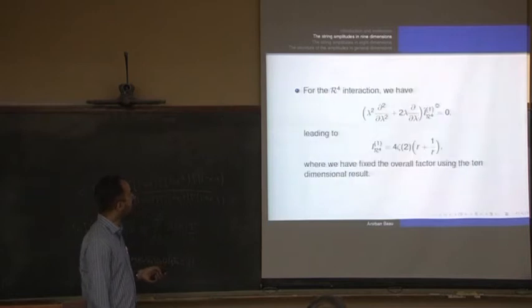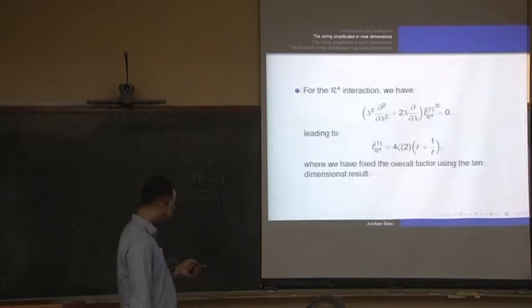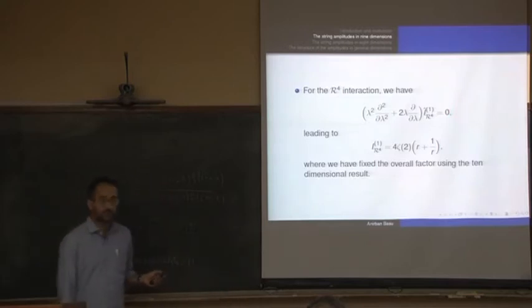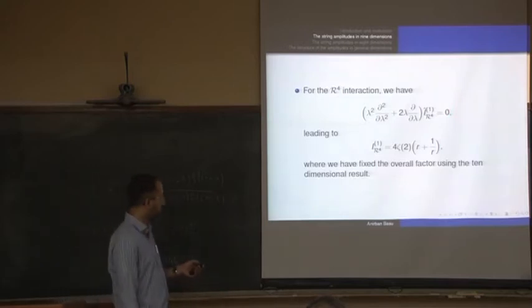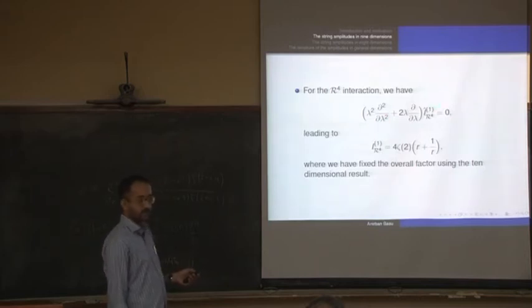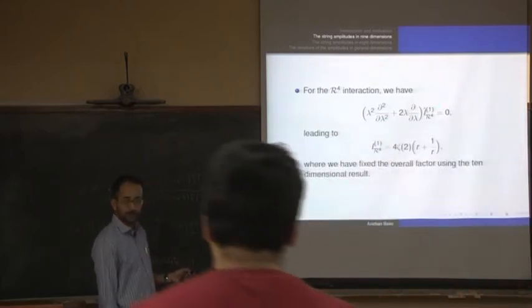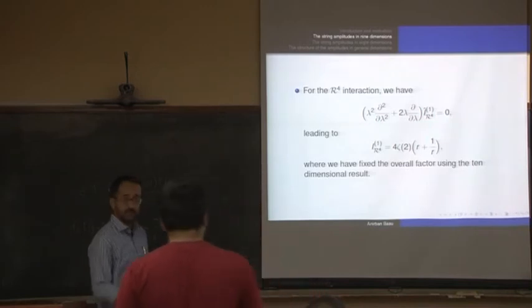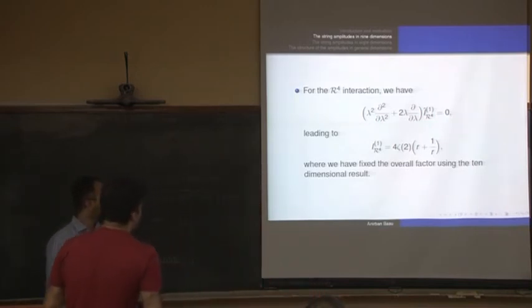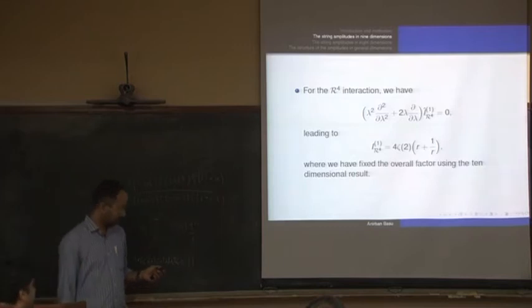So let's proceed. For the R to the 4 interaction, you do this thing here, and the integral was just 1, so this becomes a total derivative. And it just vanishes, and you just solve it. This is what you get. Remember, lambda is R squared. These are solutions of lambda to the power alpha. It's a Poisson equation, so the solution is lambda to the power alpha, solve for alpha. And you impose the perturbative equality of type 2A and type 2B. This is what you do. Oh, you got 0 on the right hand side? I thought you had something from the boundary term.